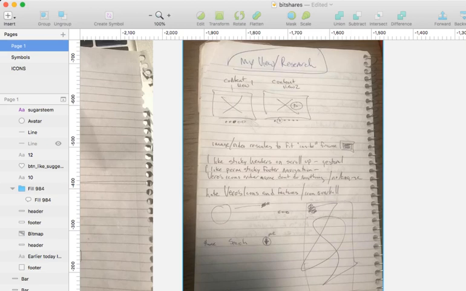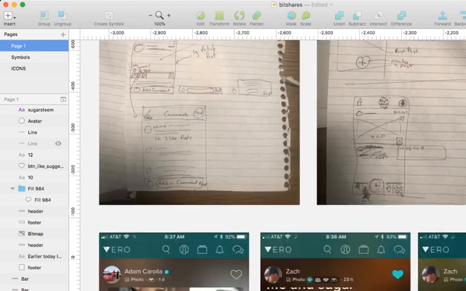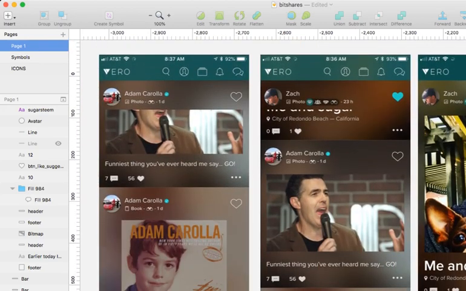I wasn't a big fan of Vero's use of icons and features. I felt it was very overkill and it didn't really have a lot of significance. I felt like they were doing a lot of redundant behaviors in their application. So that being said, I took a couple of screenshots of Vero, and I see that they have a dedicated